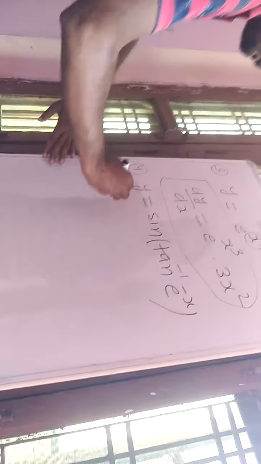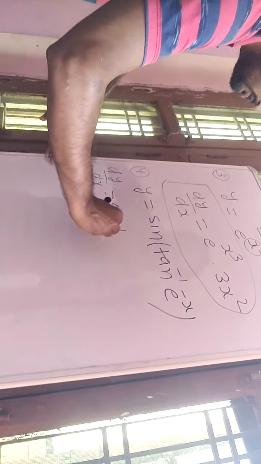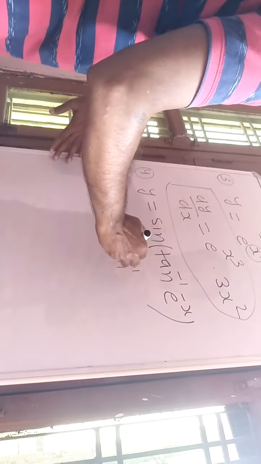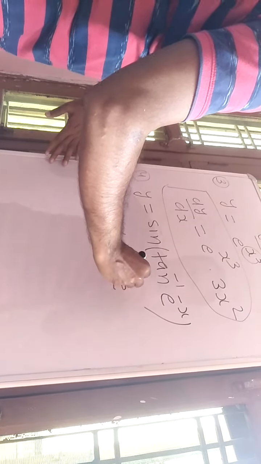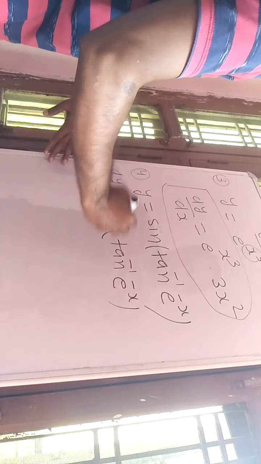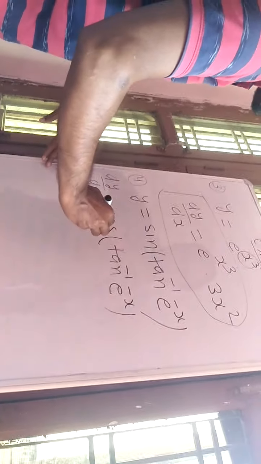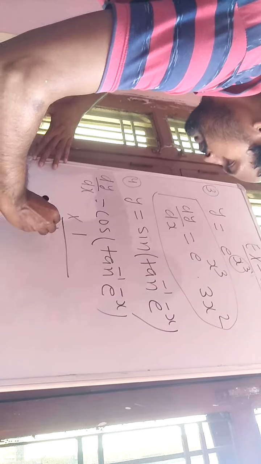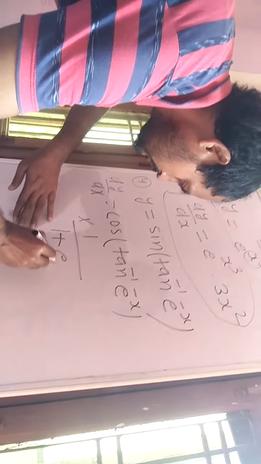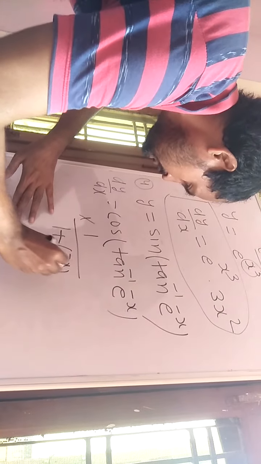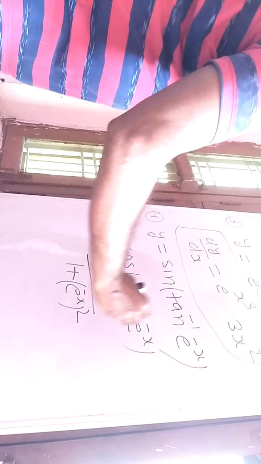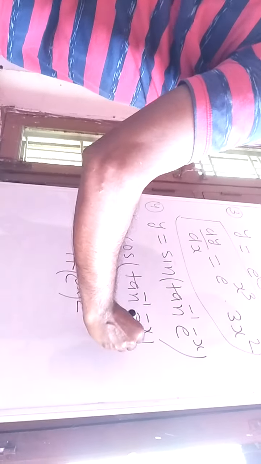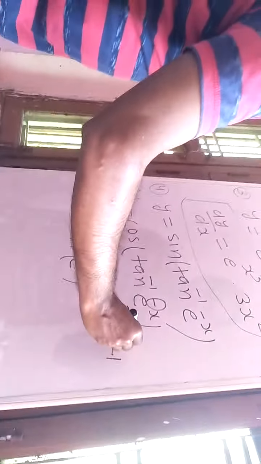So we have sin, its derivative is cos, so this is cos, this is the angle. We have this is type two here, tan inverse e to the power minus x. The first term is complete, second term tan inverse, so this is tan, its derivative is 1 upon 1 plus e to the power minus x whole square. This is the formula of tan inverse x, and this is also e to the power minus x the same. So e to the power minus x and this is -1, so this is also a -1.